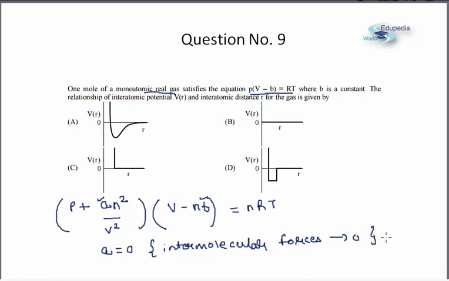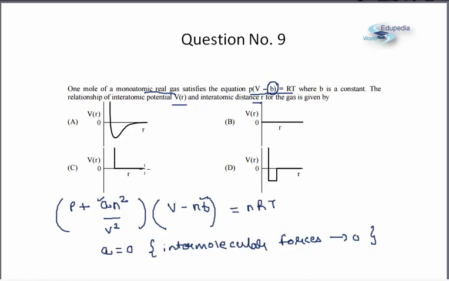Now in such a situation, that is a gas which has no intermolecular force, that means no attractive tendencies and only repulsive tendencies due to the size of the particle, because if you clearly look, this B over here is not 0. Okay, we have to select the graph for interatomic potential, that is the potential energy versus the interatomic distance. Now at infinity obviously the potential energy will be 0.